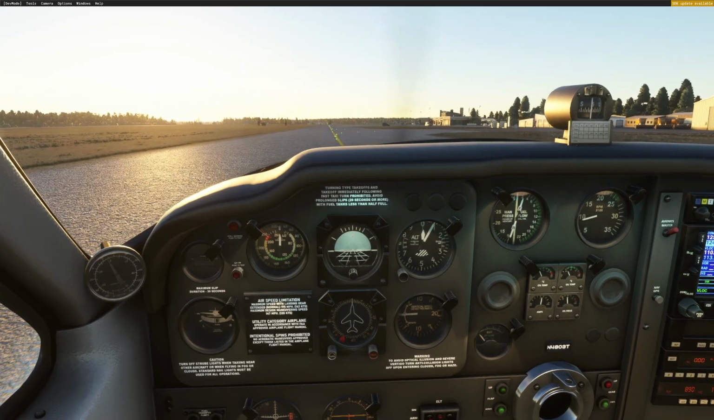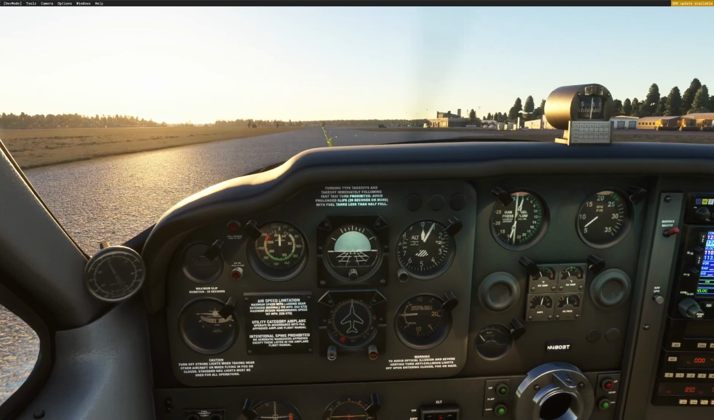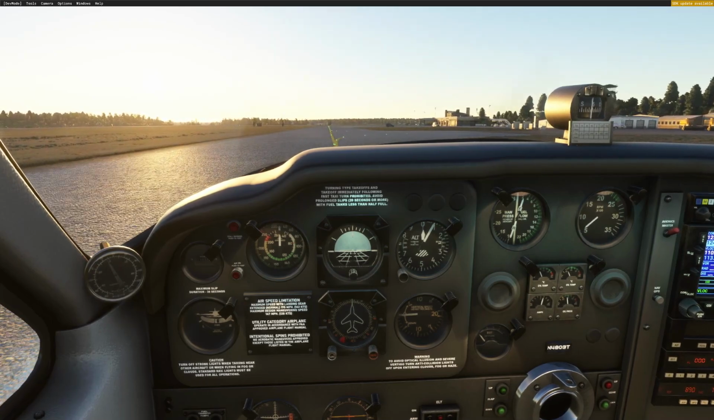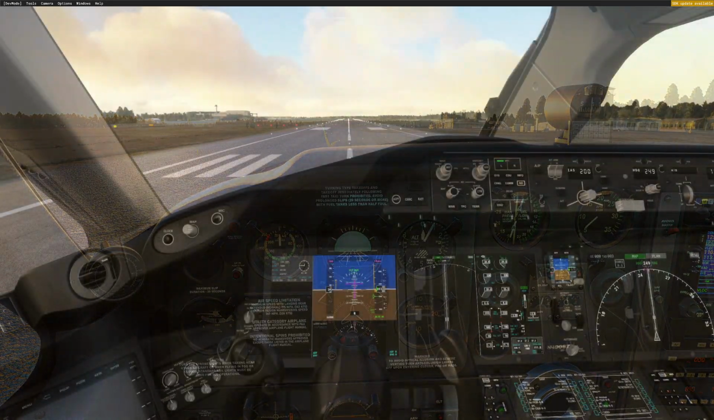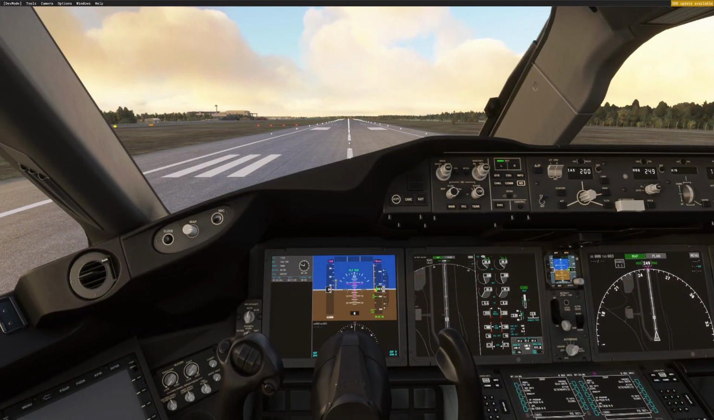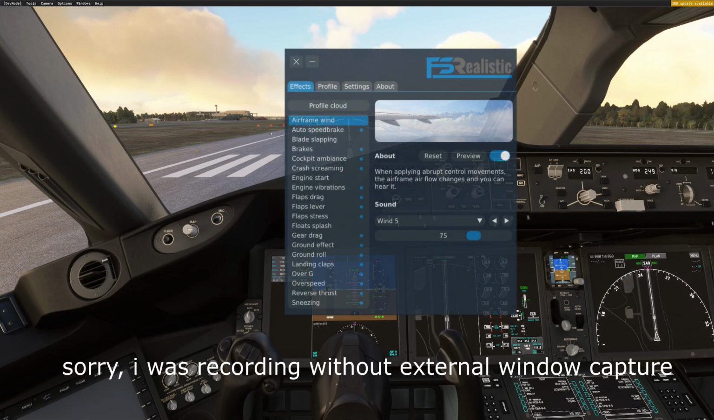Okay, so let's jump into a bigger plane, maybe the 787, and yeah, we'll check out some of the effects in that. Here we go. Okay, guys, so welcome back. We're in Arlanda, which is just outside of Stockholm, and we're going to check out some of the effects here. Now, again, what it's done is it's loaded, I think, a default profile, and the good thing about this